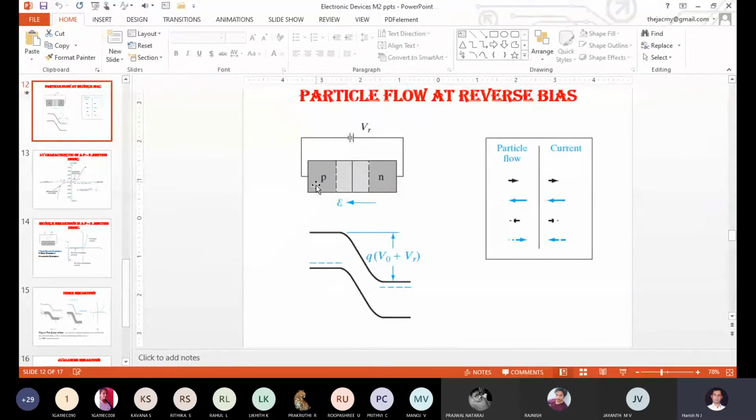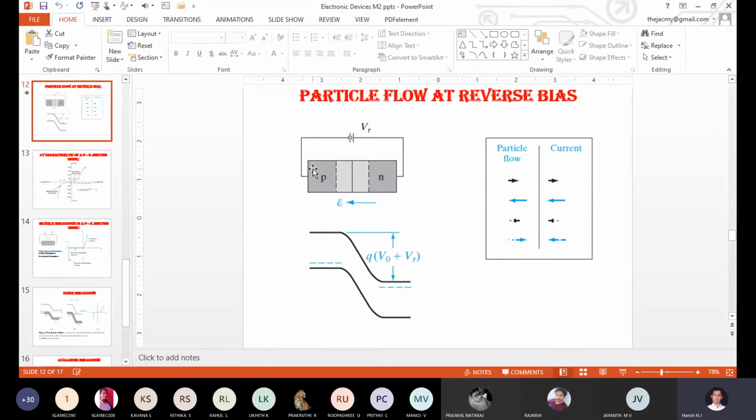All the minority charge carriers, the electrons, are connected to the negative terminal of the power supply. The positive charge carriers of the N type, the minority carriers, are connected to the positive terminal of the power supply. Now, when we consider the minority charge carriers for our analysis according to this kind of biasing, can you tell me whether a force of attraction arises or a force of repulsion arises with respect to the minority? Force of attraction or force of repulsion on both sides? Attraction.